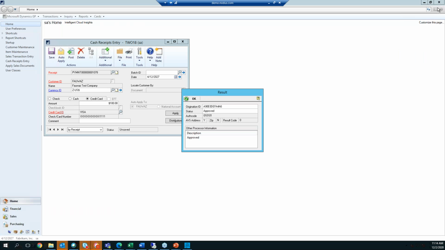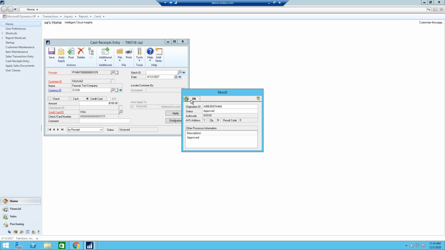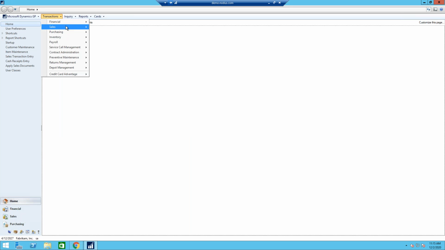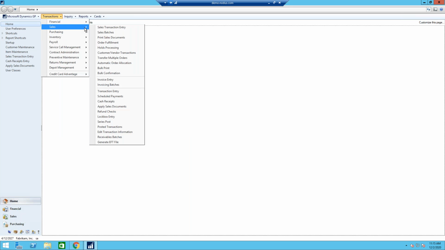But the idea is that we automate receipt delivery. So every time a credit card is processed, the system automatically sends that receipt in the back end. Okay, so this was an example of how the payment is processed from the cash receipt window, but